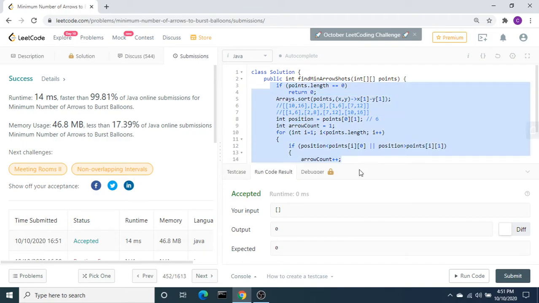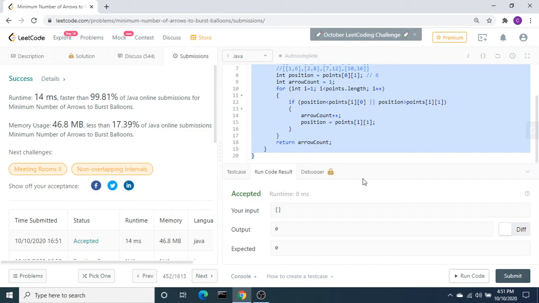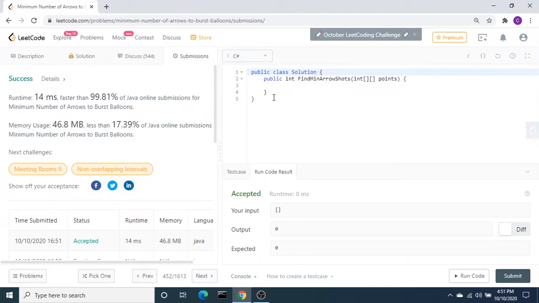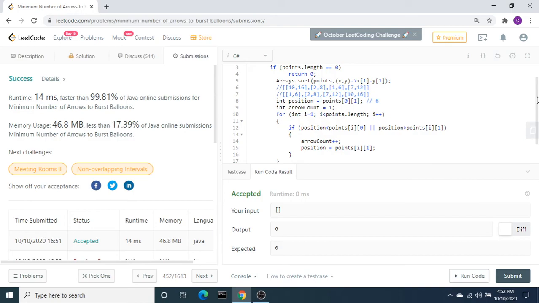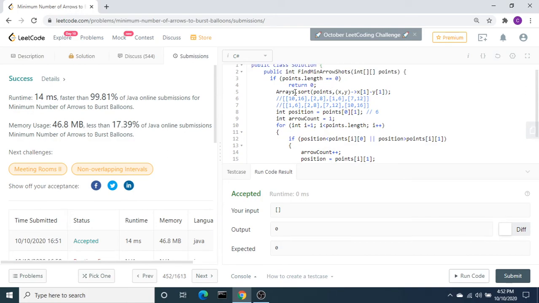Let's also solve this in C#. I'm going to copy this, change the code language to C#, and paste it here. Let's make the changes. Here length is going to be capital L. Here it is not Arrays, it is Array.Sort. The lambda expression is going to be equal to greater than. Then here Length should be capital.